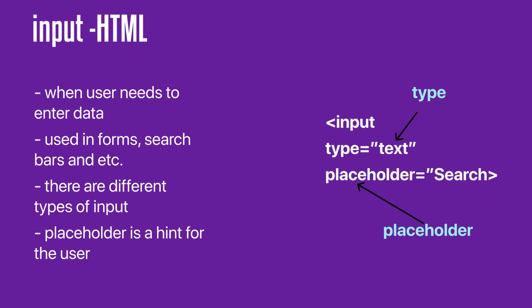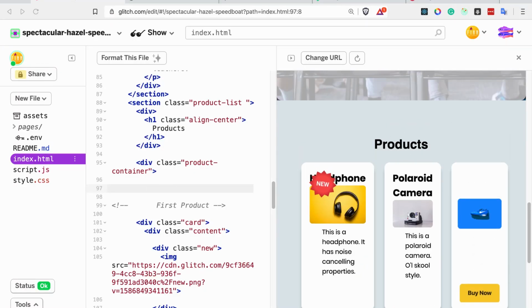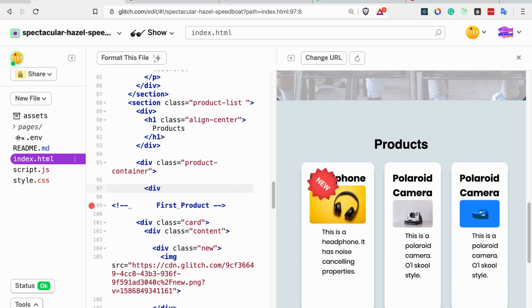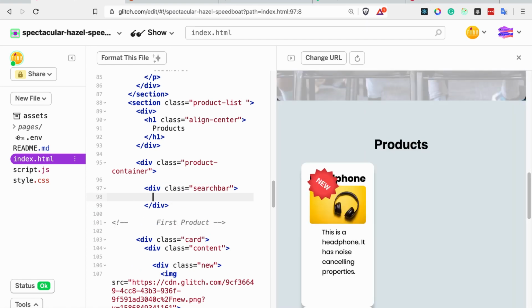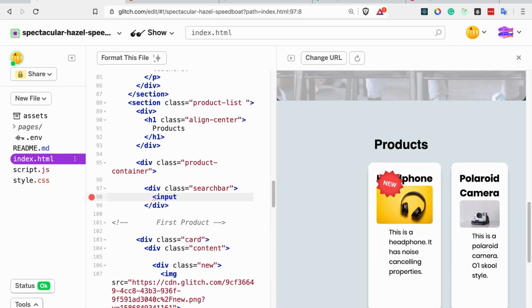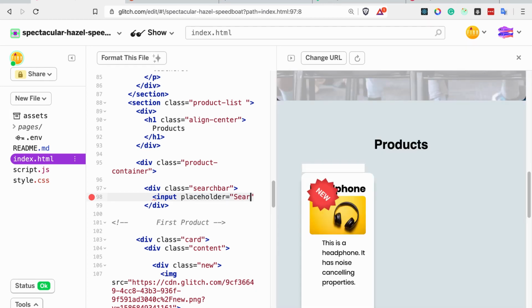We will also be using the placeholder to give the user a hint about what sort of information he needs to put inside the search bar. So let's head over to the code and create our search bar. What you need to do is create a div with the class search bar, close it, and inside it you're going to create an input with the placeholder search, okay,